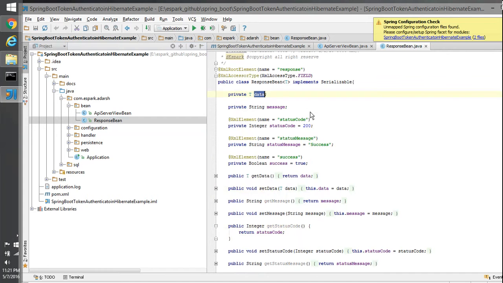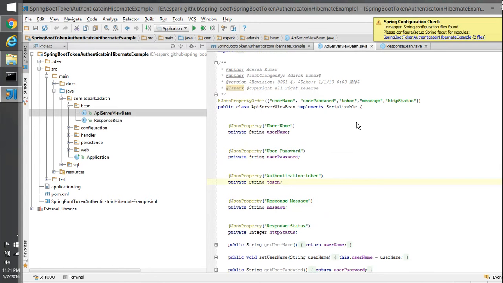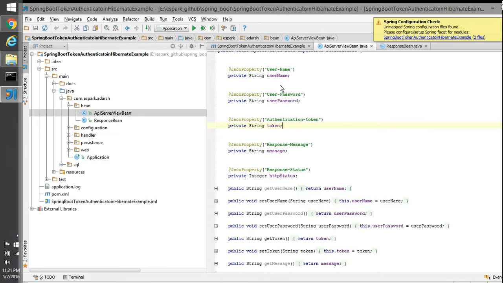When the response comes from the server, it encapsulates the response into this class, based on XML or JSON, depending. This API server bean is used when we request the token from the server with a username and password. The response will be encapsulated in this class as JSON.